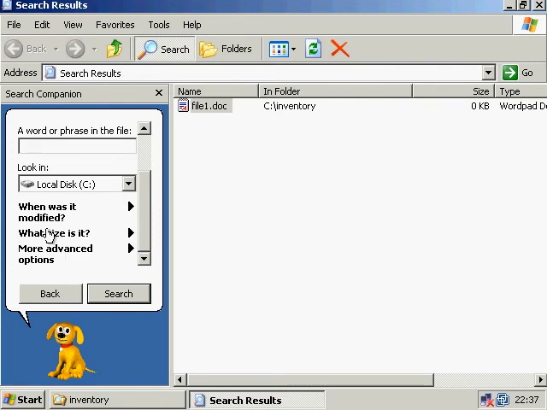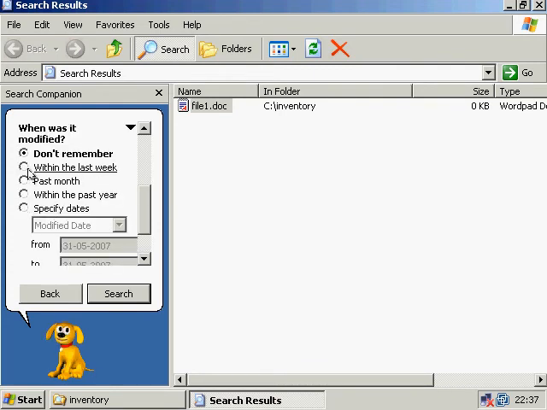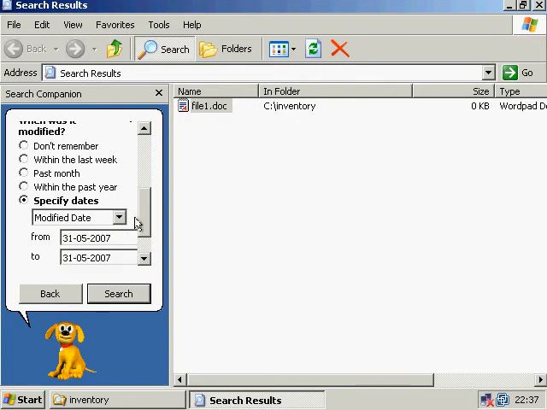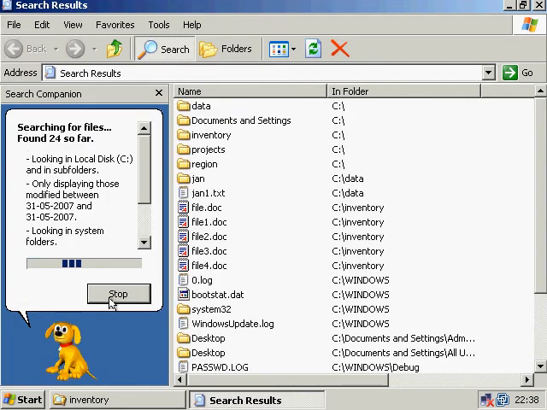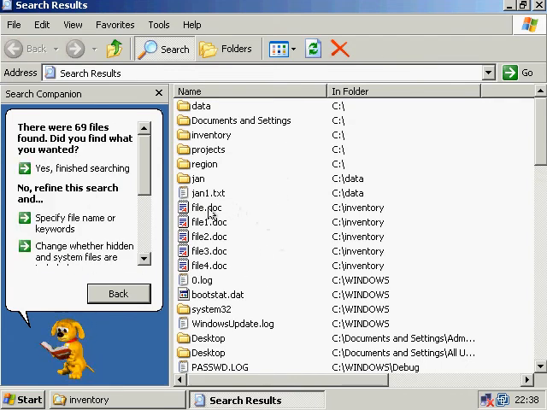We could choose by when was the file modified. I will say in the past. I'll specify some dates. Only one day. That means anything that was changed within one day. I'll say search. We will have many more files that appear, but realize file 1, file 2, file 3, file